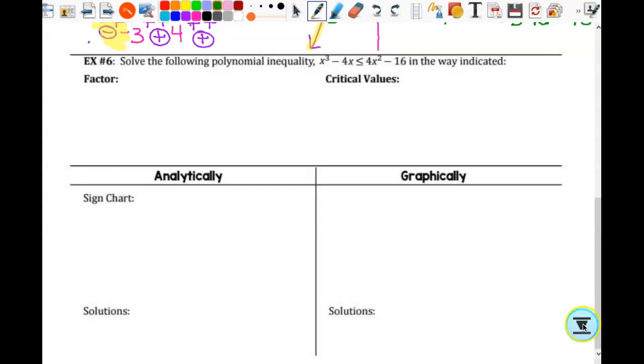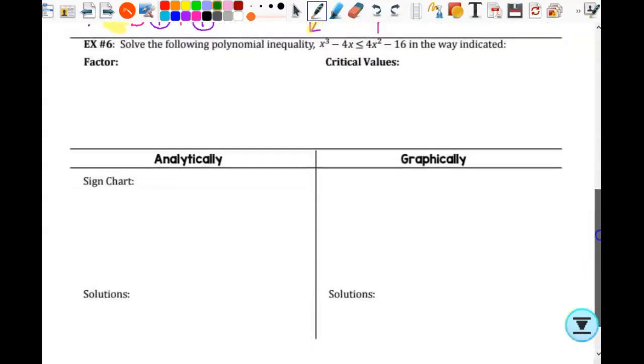It says, solve the following polynomial inequality in the way indicated. So the first thing we're going to do is factor. In order to be able to factor it, I need to set it equal to 0. So I'm going to move everything over to the left. So this gives me x cubed minus 4x squared minus 4x plus 16 is less than or equal to 0,